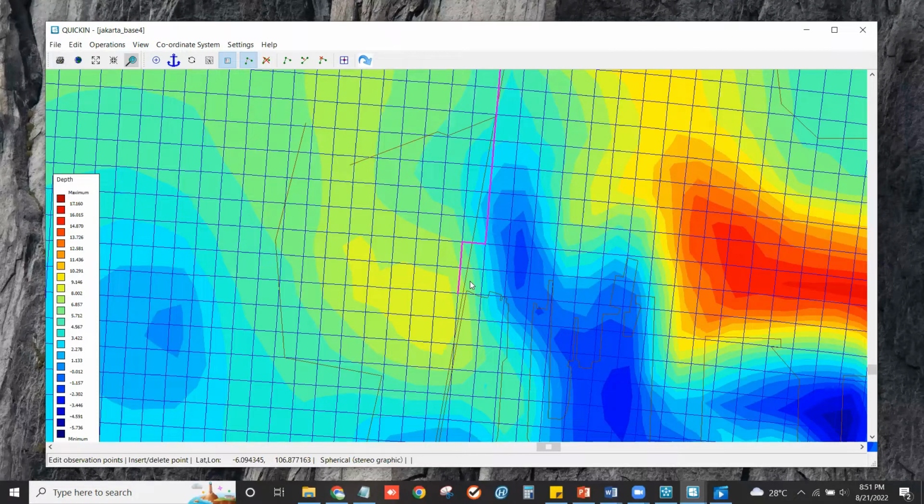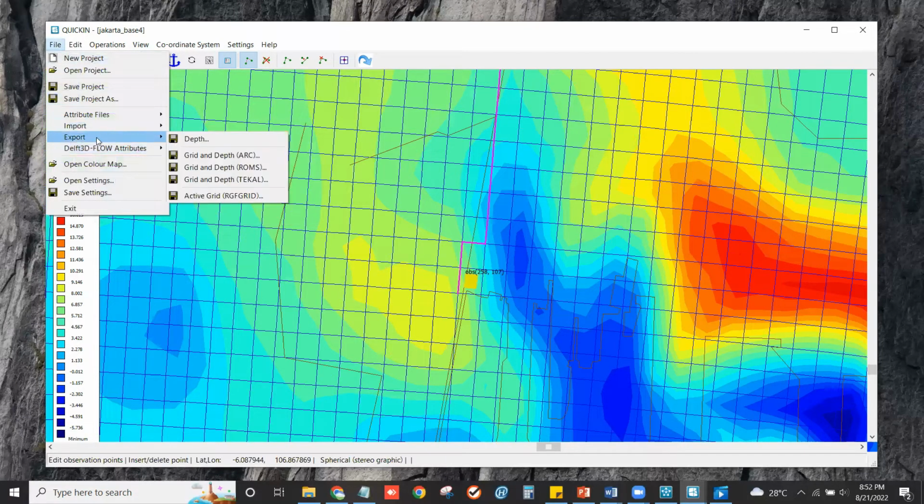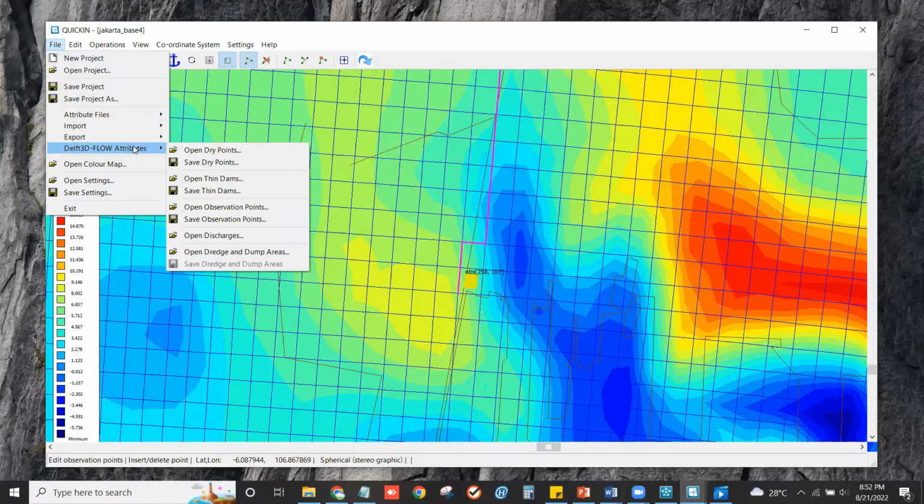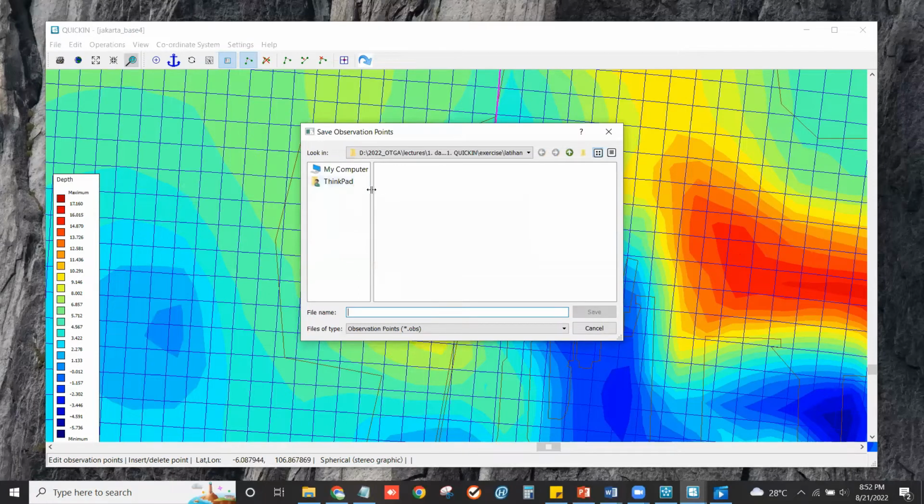I will enter the name of the observation point and click OK. That's the result, and you can save with Delft3D Flow Attribute, save observation point. I will rename it OBS. The file type is .obs. Save.